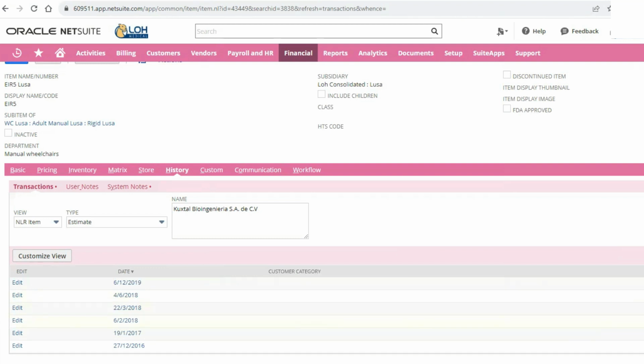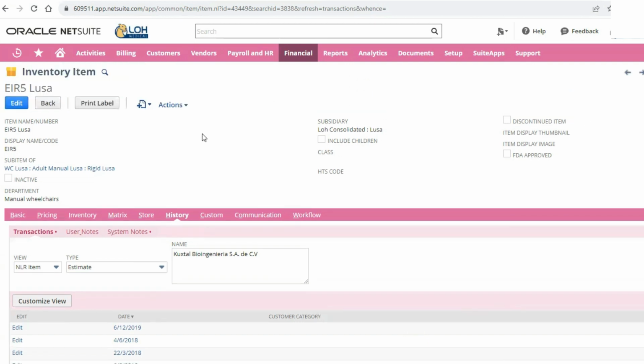And it'll show you all of these different estimates specific to this customer. So that's just a little trick that you can use to get your lists to show you only the data you want to see, or that's important to you. So you might want to see customer PO or expected close, and that might make the list more meaningful to you.